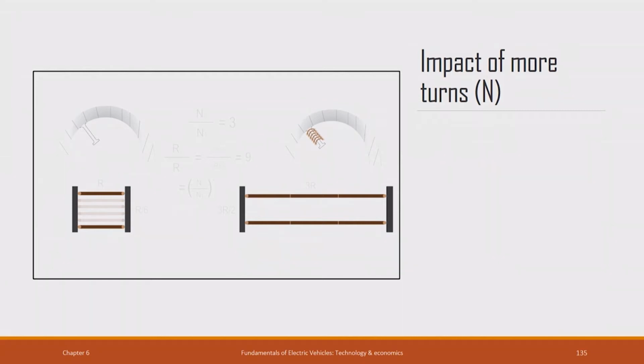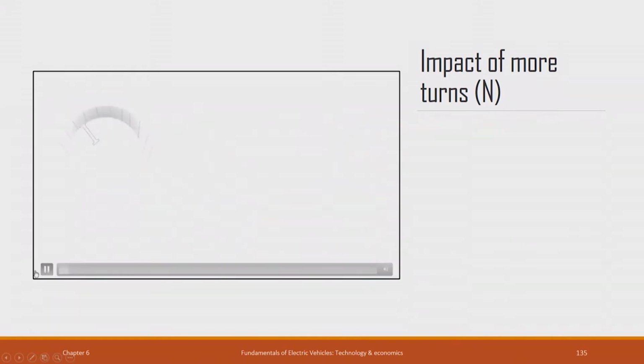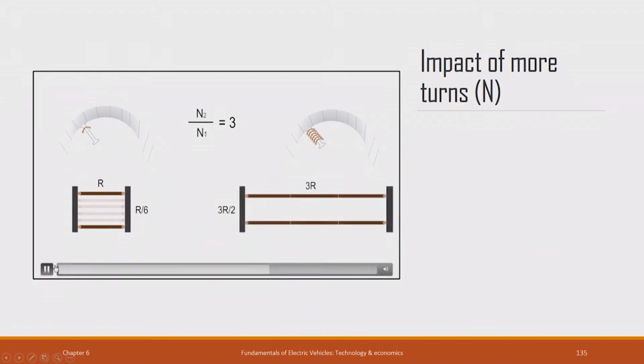When I increase the turns to 3, this diagram gets changed into something like this, because when I take one wire and turn it 3 times, the length of the wire increases 3-fold. So, what was a resistance of R becomes a resistance of 3R,